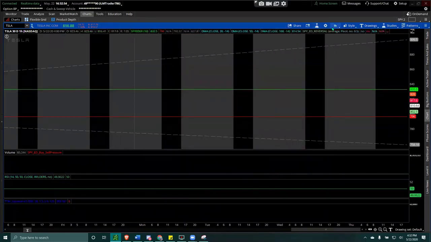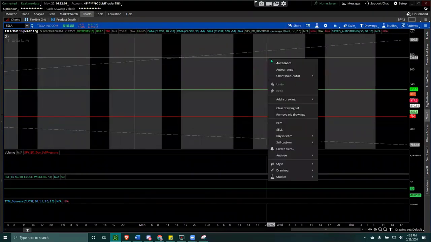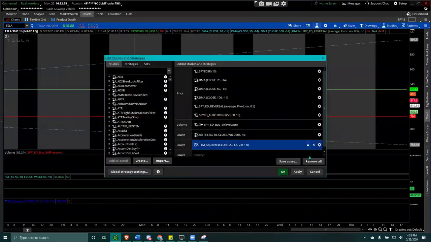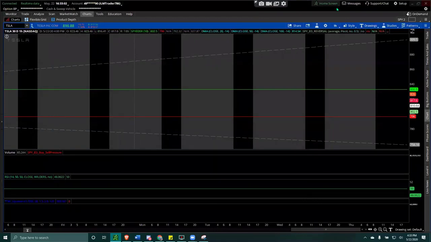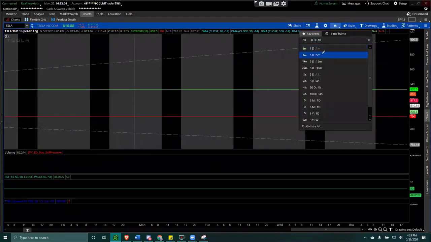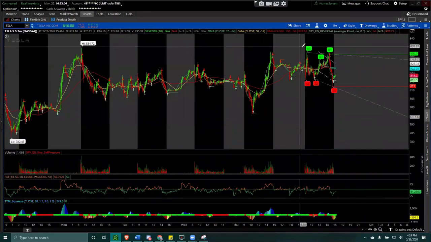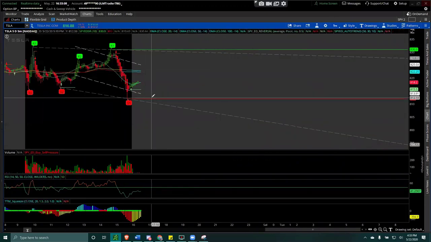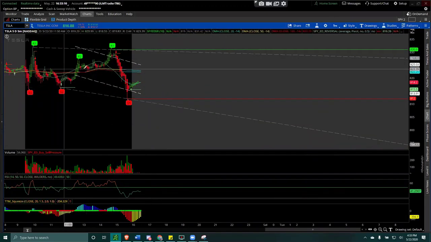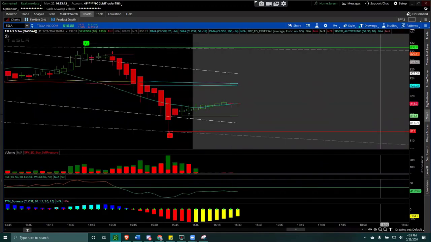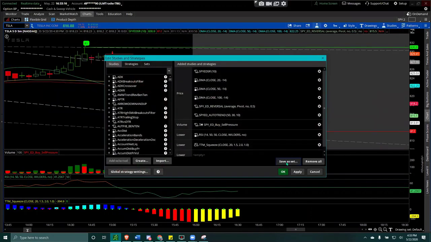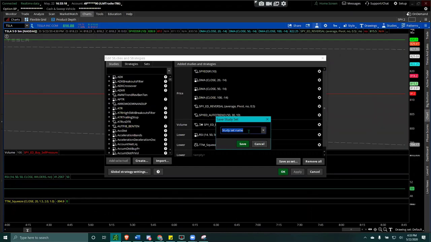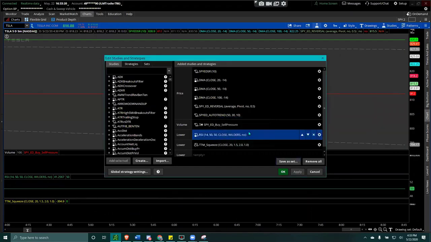Then you could come back and change the timing around. You go to the charts and change it to, let's say, 5 minutes. This is your daily 5 day, 5 minute chart. So this is another setting. You could do the same thing here, save as setting, and call it 5 minutes. I think most of you guys already have it.